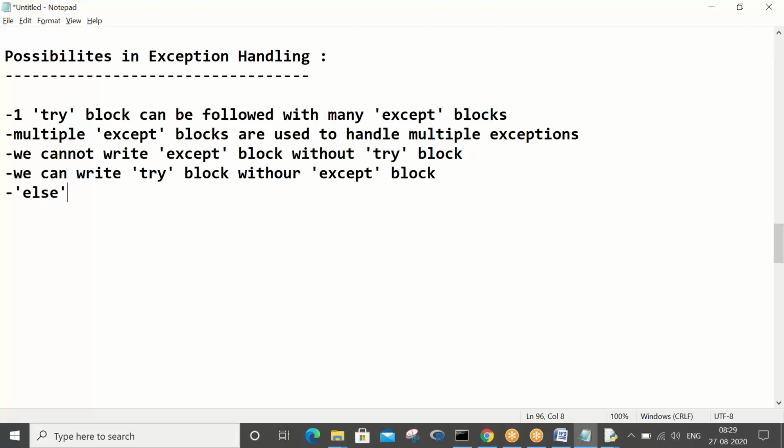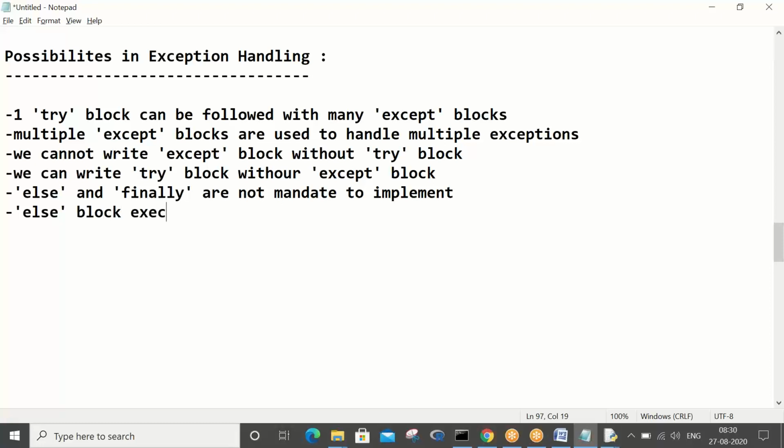So else and finally are not mandatory to implement. Okay, they are not mandatory for us. The else block executes only if there is no exception, right?